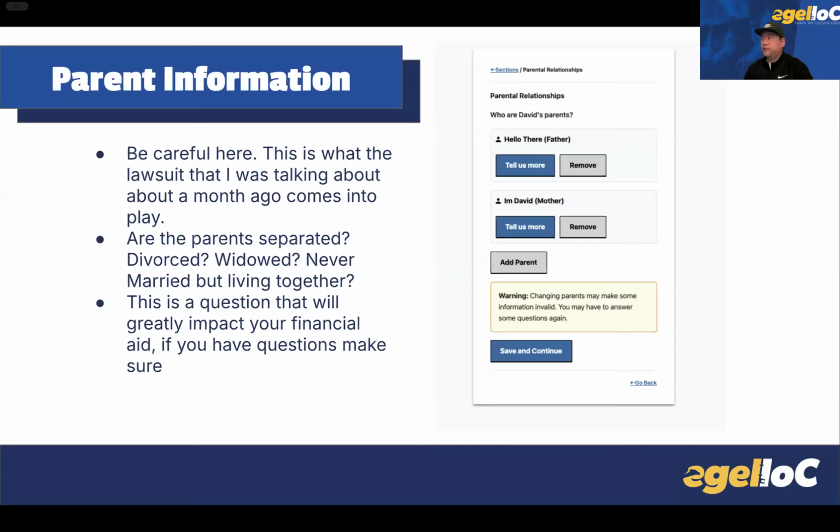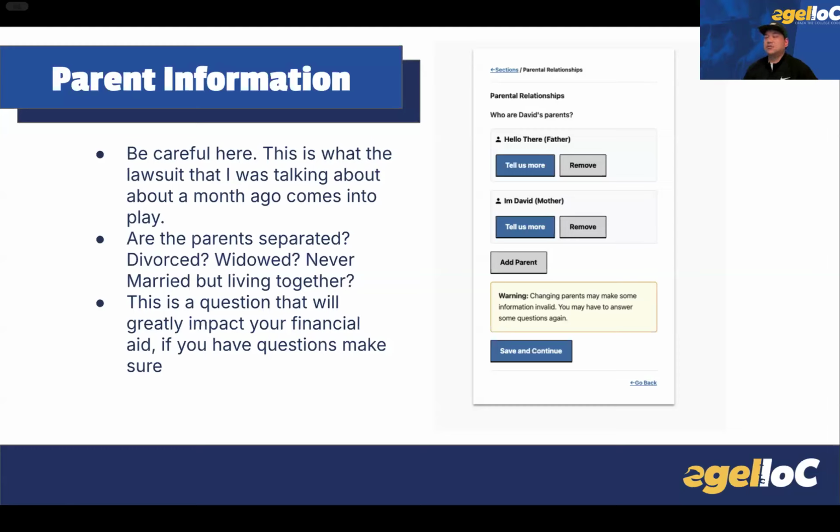But what if a family is divorced? One parent has custody and there is no financial support from the other parent. Well, they would still ask for the other parent's financial information even if they were not going to contribute. So if you are in a situation where the parents are separated, divorced, widowed, never married but living together, or never married but not living together,